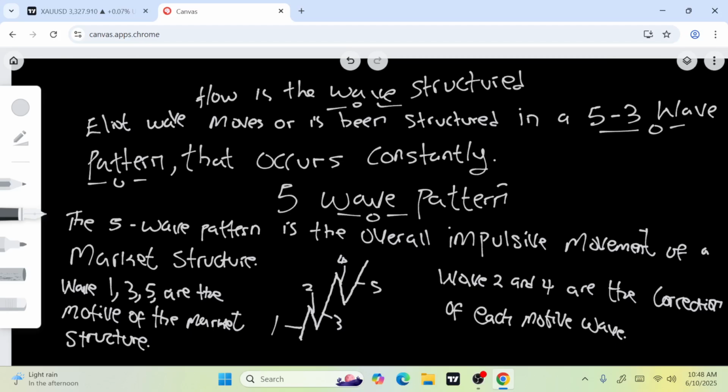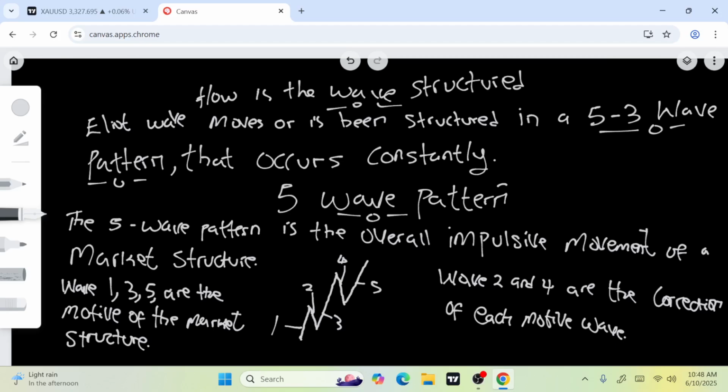If this guy, it is still wave five. Yes, it is still wave five. Do you get it now? So don't forget there are additions to these things. There are things you need to look out for when it comes to each of these waves. Now that we know this, right?